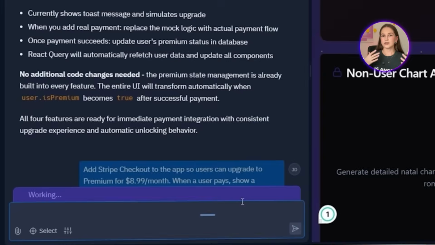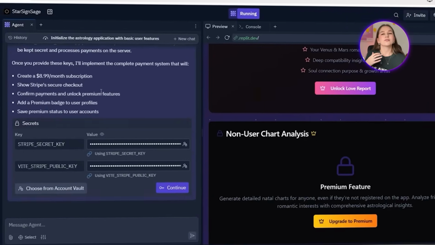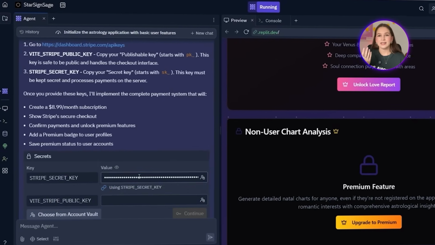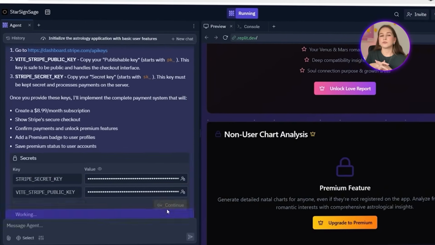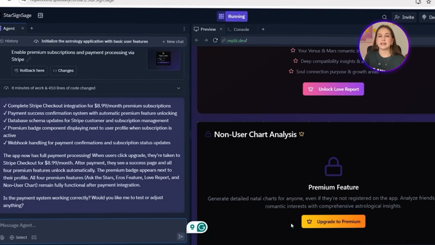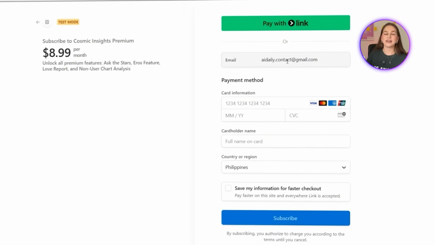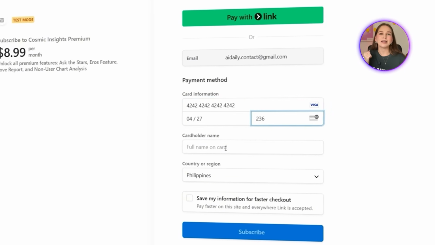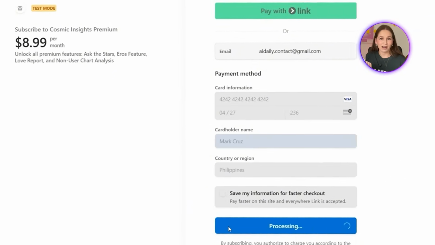So Replit starts by checking for Stripe API keys and setting up the payment system. We will log into Stripe, grab the publishable PK key and the secret SK key from the dashboard and paste them into Replit. Now the agent is updating the database and also the storage to support premium accounts. For now, everything's set. And now it's time to go for the fun part. I want us to see if all 4 premium features are actually unlocked.